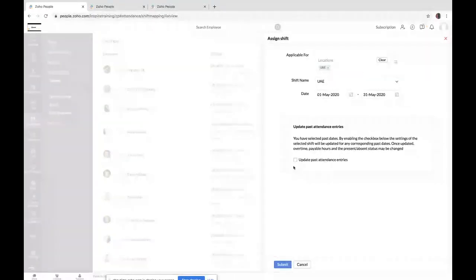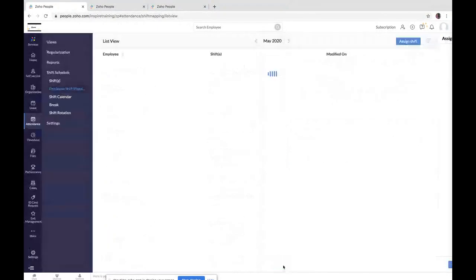So if say you are going to do this mapping activity in between the month, but you want this change to be effective from the start of the month, you can click on update the past attendance entries, so that your attendance status will be recalculated based on the current shift that is being mapped. So you can click on submit.